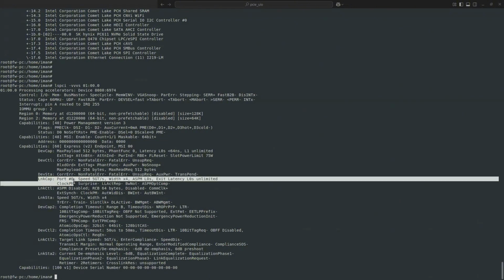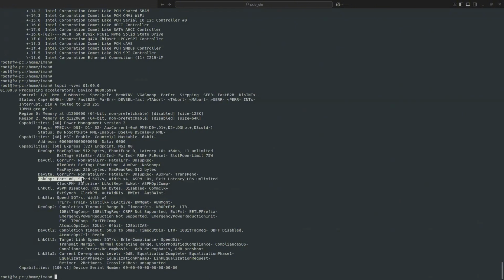Our device here specifies the maximum generation and width of the PCIe connection that it can support. It says that it can support 5 gigatransfers per second, that is PCIe Gen 2, and it specifies that the maximum width is x4. So it can support 4 lanes of connection at Gen 2 speed.